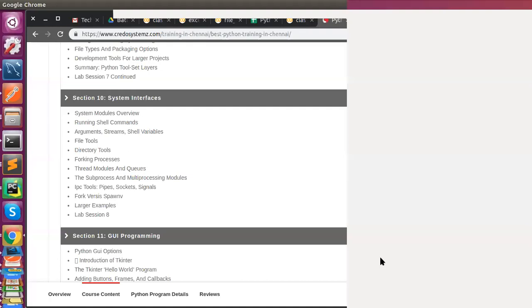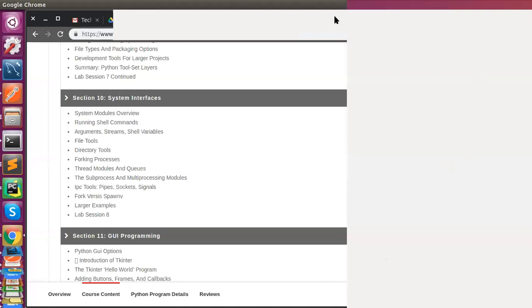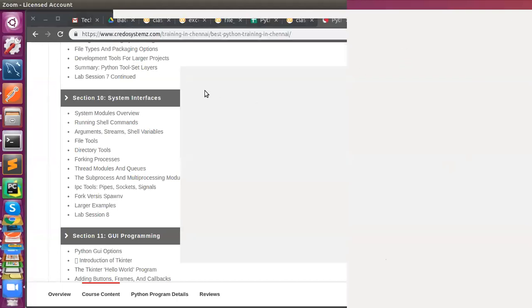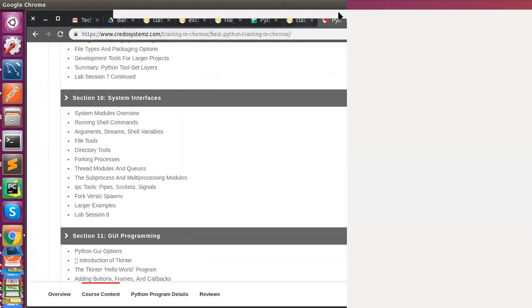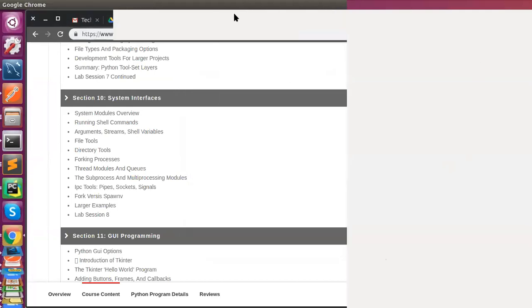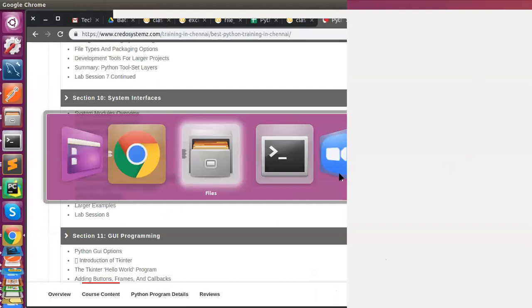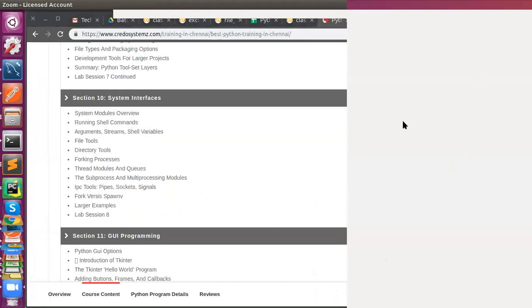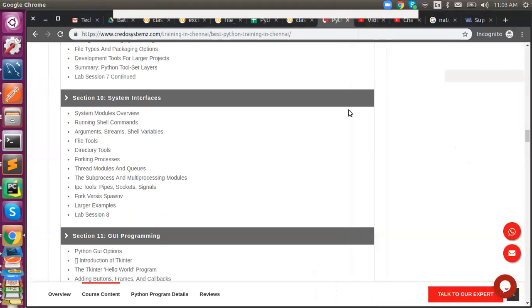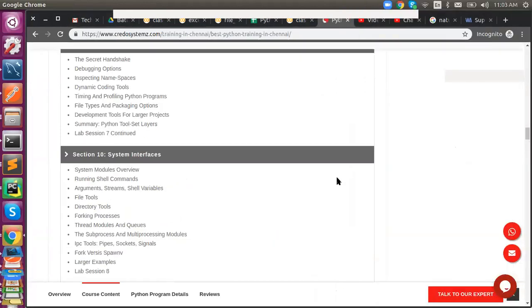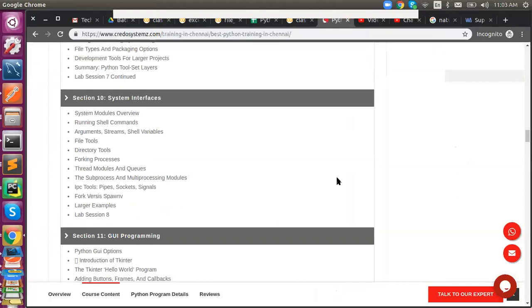Console, terminal, why is it hidden? I don't know why it is actually hidden. Yeah, now it is visible. What is system interface?